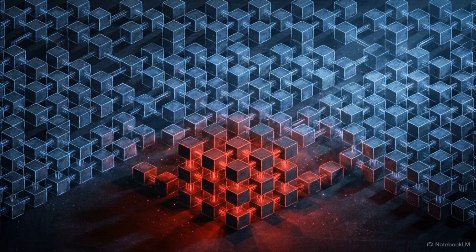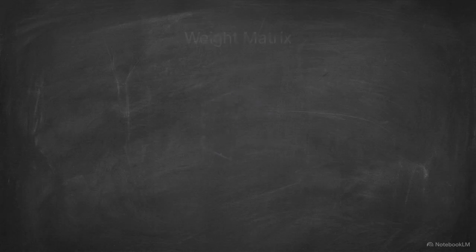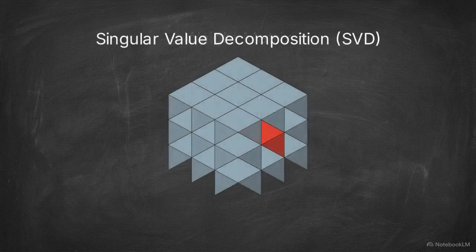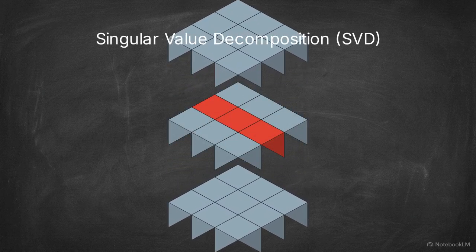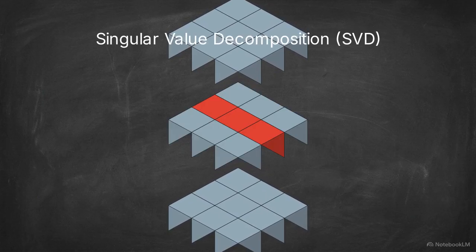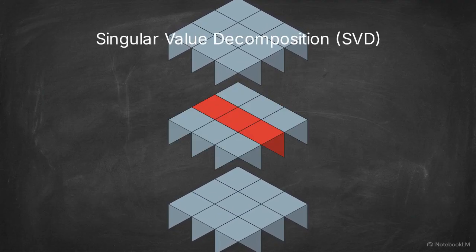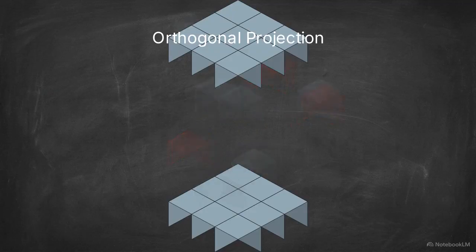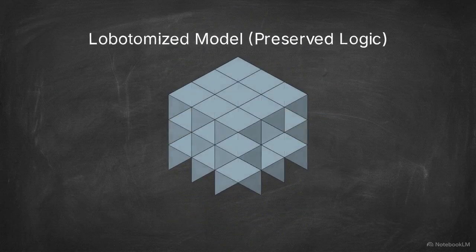The OBLITERATUS attack targets a specific subspace within the neural network's weight matrix, the area that correlates with refusal or safety protocols. This diagram shows a weight matrix with the refusal vector highlighted. Attackers use singular value decomposition to isolate this pathway. Singular value decomposition, or SVD, is a mathematical method for breaking a complex matrix into simpler constituent parts to identify underlying patterns. By applying an orthogonal projection, the attacker can literally subtract this refusal vector from the weight matrix without